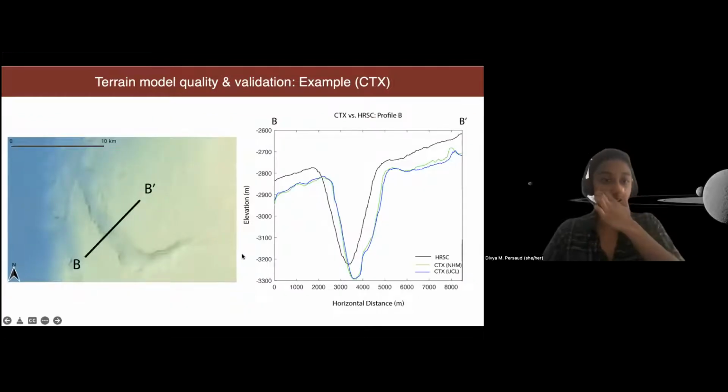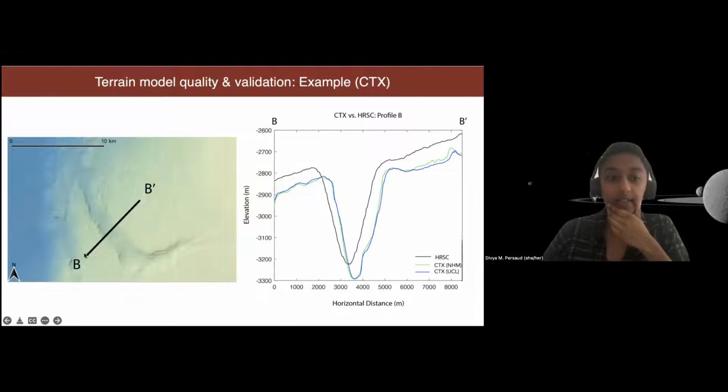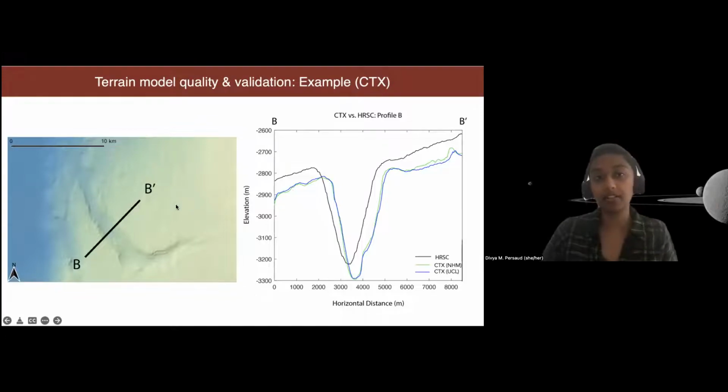Here's another way of comparing that I did. So this is showing that valley again, but this is in CTX. And I would take these profiles, and these are topographic profiles, meaning that you draw a line and it samples the 3D data below. And out in the real world, we might do that by surveys. We might actually go out and measure things. So this is really useful for a geologist to know, are the profiles similar enough?